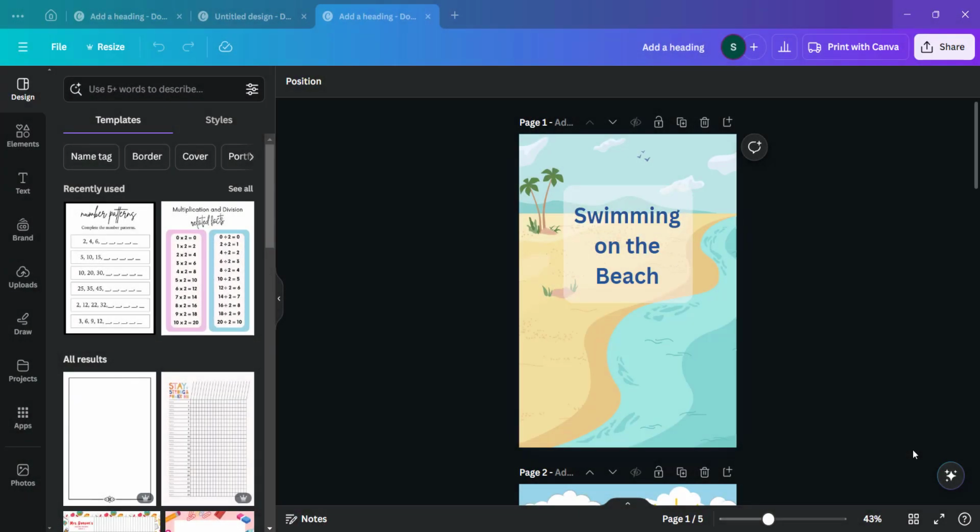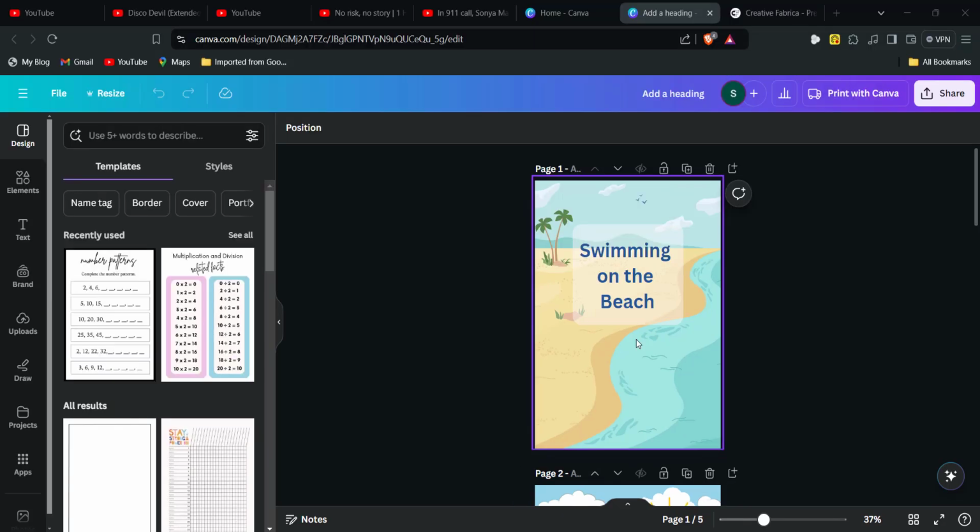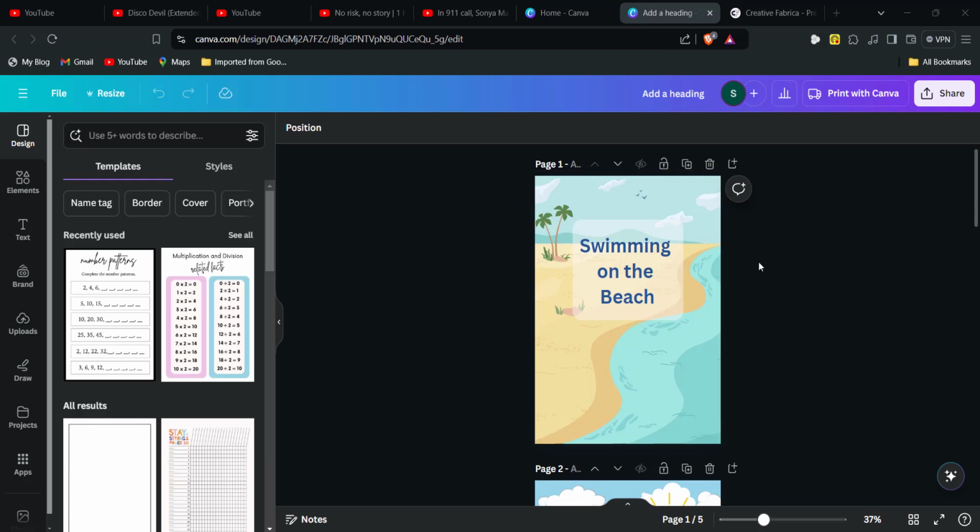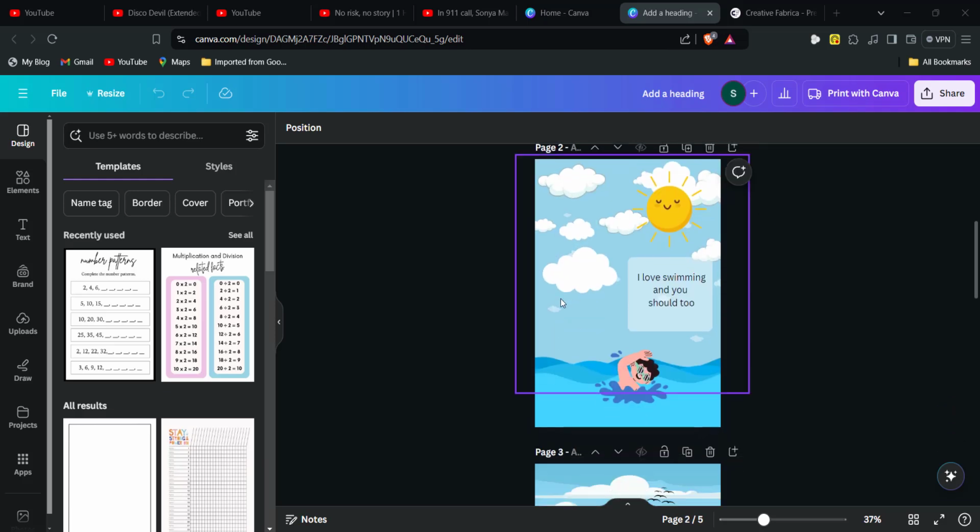So for this one, I recommend that you have the premium subscription of Canva. Although you have the free version, in this tutorial, you will not be able to use the full extent of all the elements that are available if you do not have premium. That being said, I just want to show you how you can create your children's book on Canva